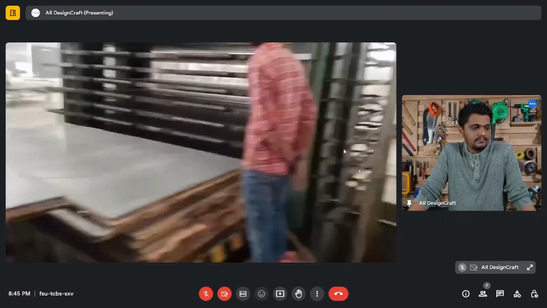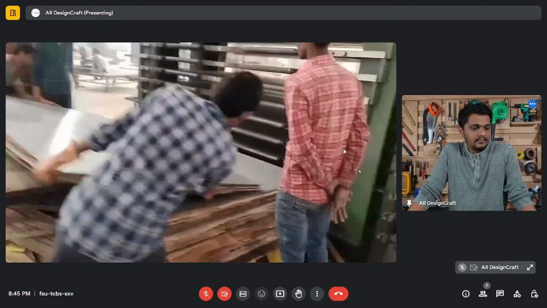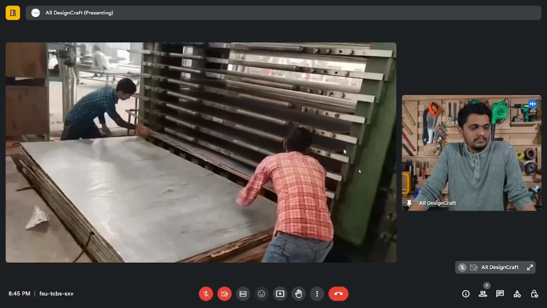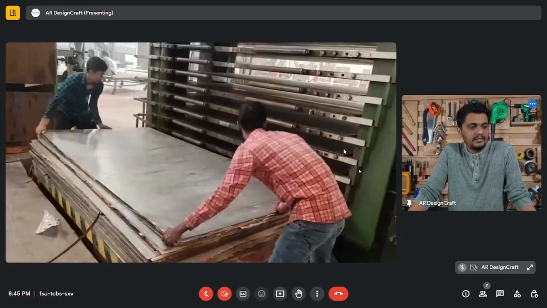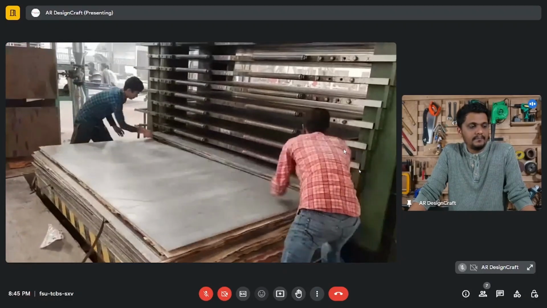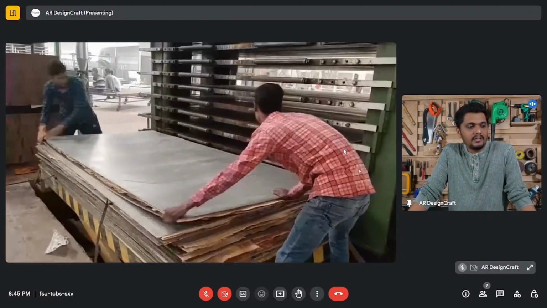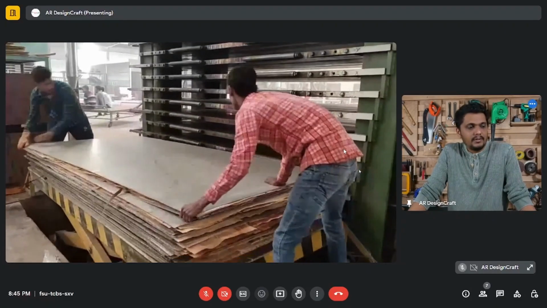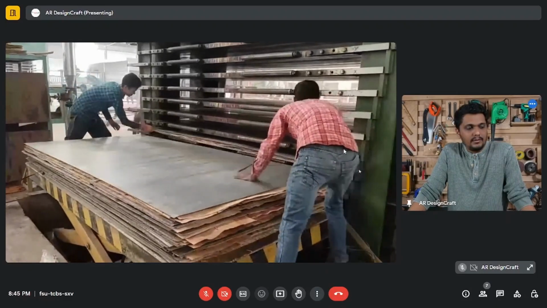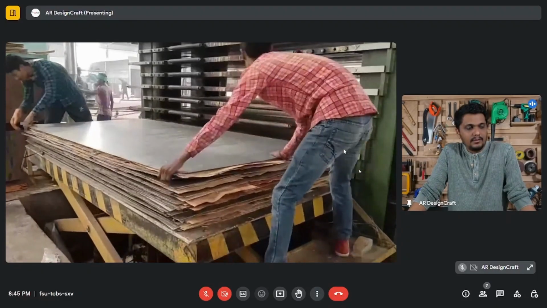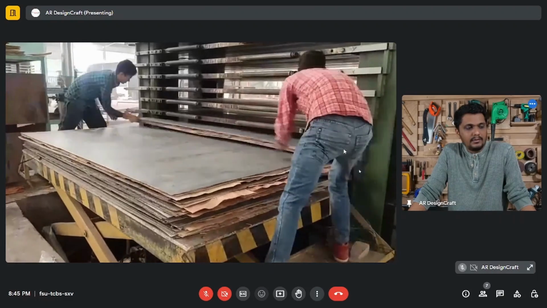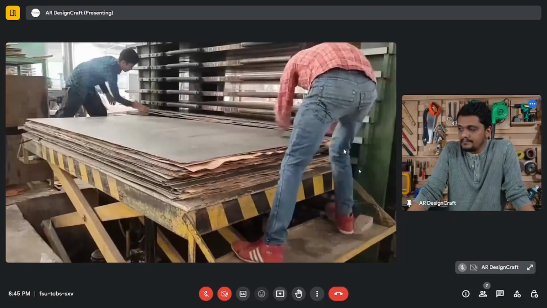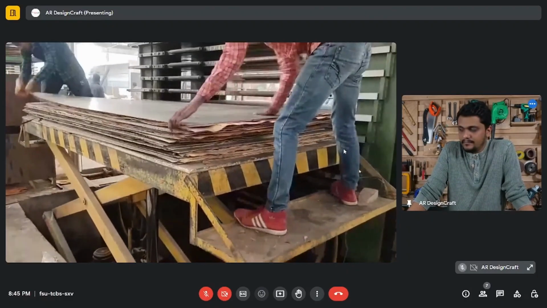अब ये यहाँ से प्रेस में लोड कर लेंगे, ये लोड हो रहा है जी प्रेस पे। देख लो, one ply went, second ply, और so on. I think this machine can do 9 to 10 plies at a time. प्रेस और स्टील के साथ इन माल को लगभग 15-20 मिनट के अंदर पका के बाहर निकाल देंगे. So 15 to 20 minutes they are going to compress. तो प्लाई जो है तैयार हो जाता है।